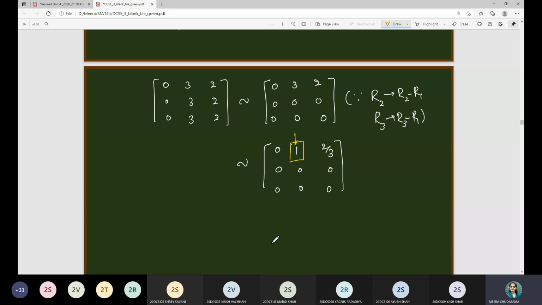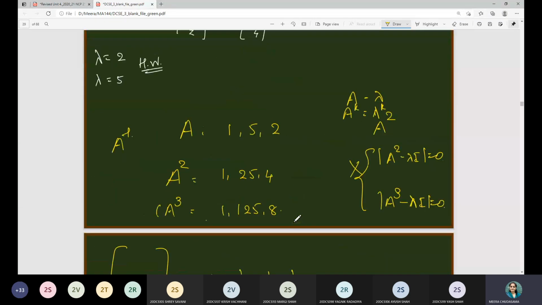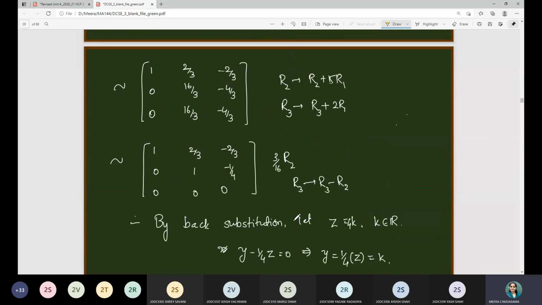Is this row echelon form? Yes, ma'am. Very good. The leading one appears only in the second column. Right, now we have to choose the scalar quantities of the variables x, y and z. Before going through the process for this one, I have a question. In the previous example, if you remember, for example for this one, here we have the last row as a 0 0 row and we have chosen the variable z as a scalar quantity. Why?